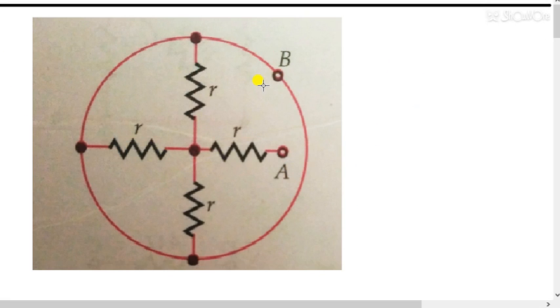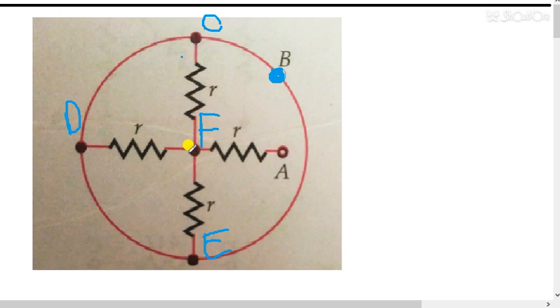So we have this question. Students, in this question you can see point B is this one. Now no resistance is there, so let's take it as point C, let's take it as point D, let's take it as point E, and so A, B, C, D, E. And let's take this one as point F.